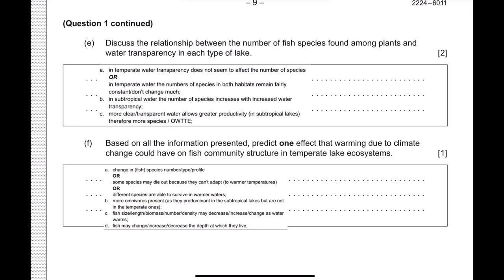Then fish size, biomass, you can talk about that from the initial part of your question. Fish may change, increase in size or depth. So any valid point is accepted, but we don't accept an answer that refers to a single population, because definitely it needs to be global warming, so it can affect on a major